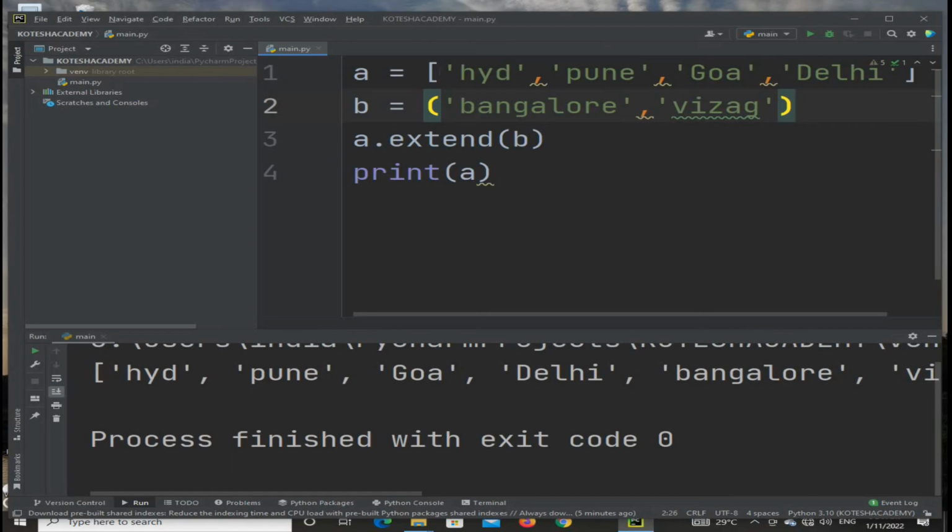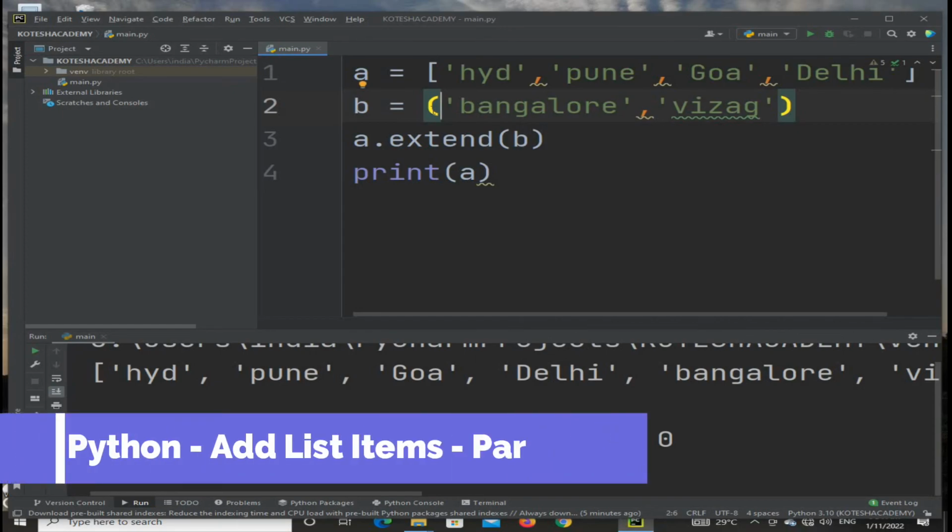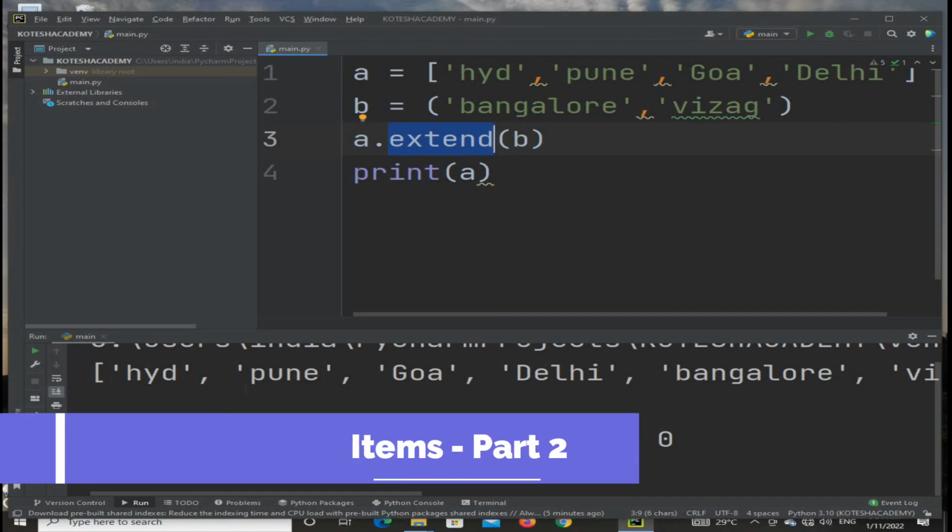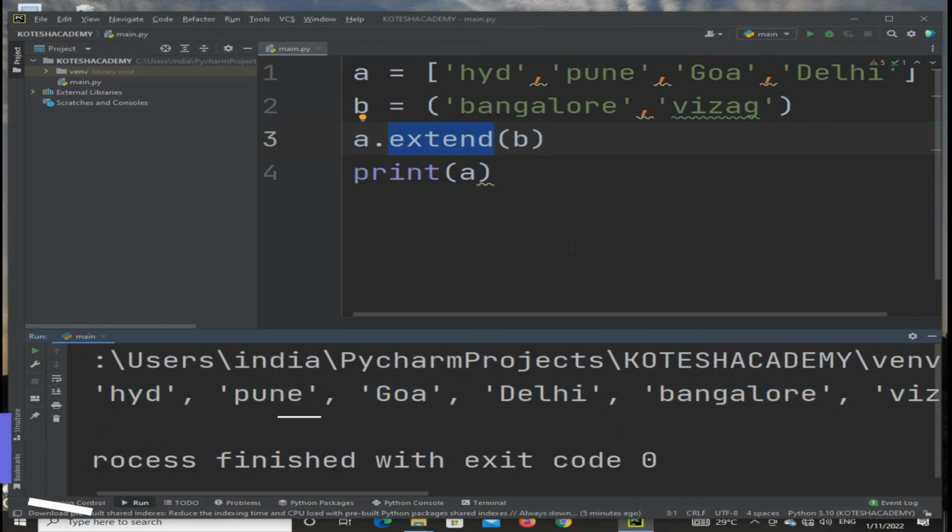This square bracket is a list and this curved bracket is a tuple, but the extend instruction allows all of them, and like that you will get the result. So finally we will get this actual result.